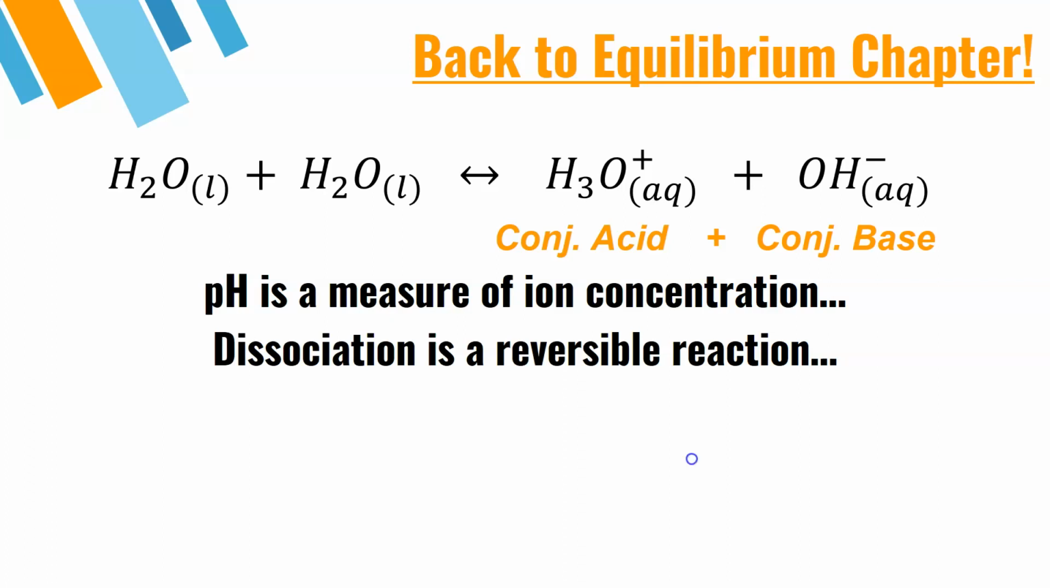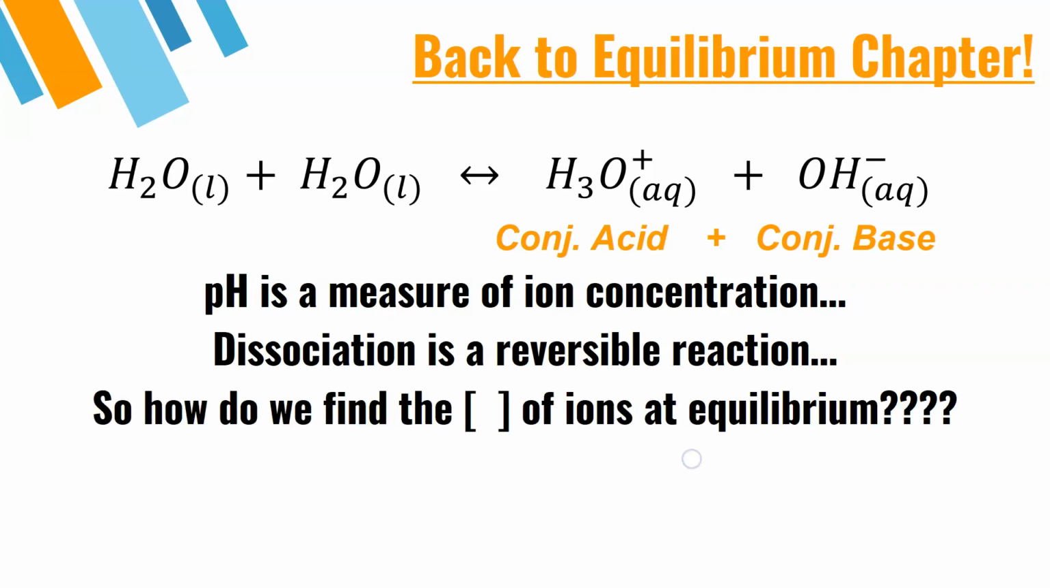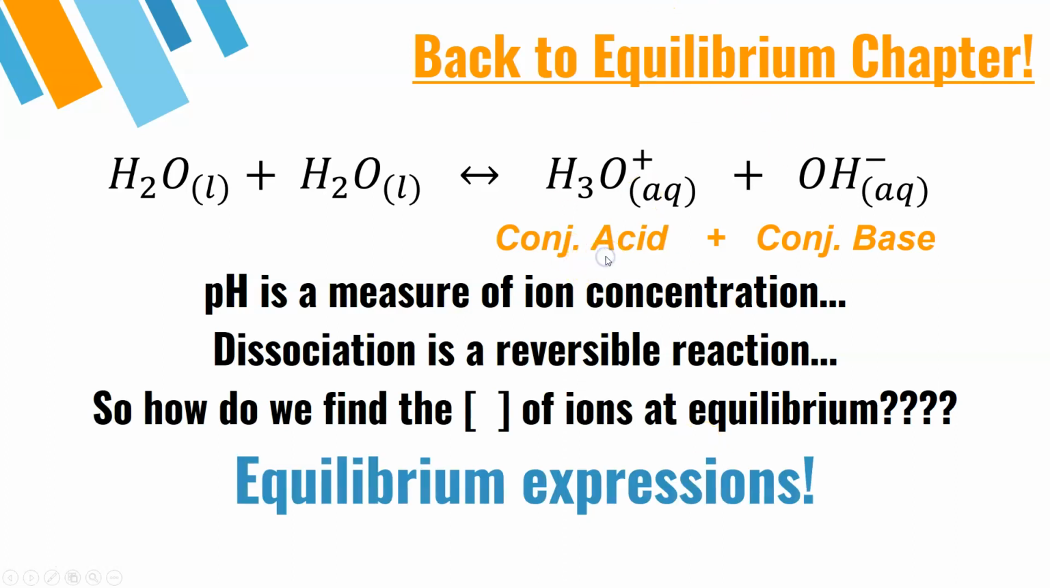So how would we find the concentrations? Because the concentrations are going to help us find our pH, right? So how do we find those concentrations of this? Well, we use our equilibrium expression. We're kind of right back to the equilibrium chapter, aren't we? We have to write a law of mass action. We have to write an equilibrium expression. We need a K value. So if we have